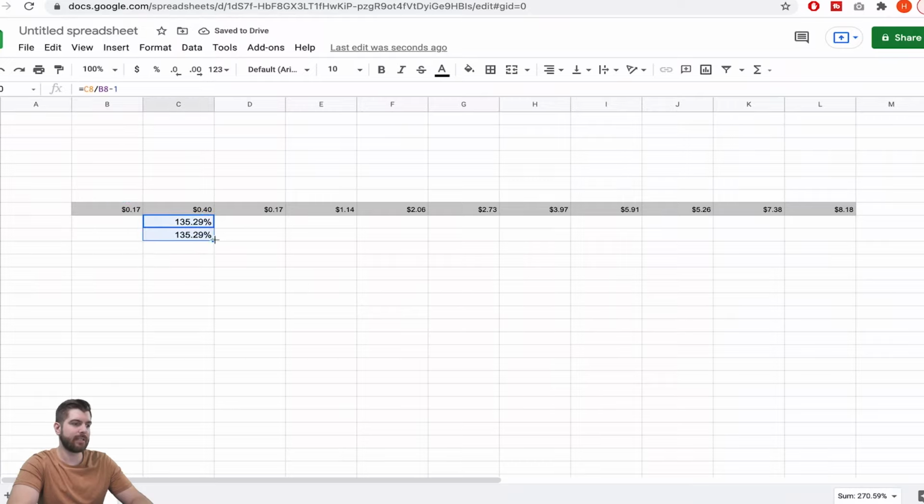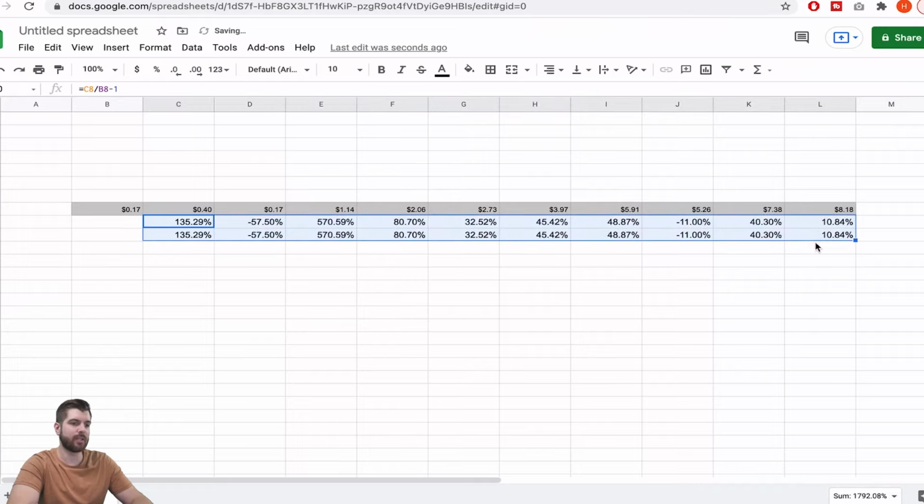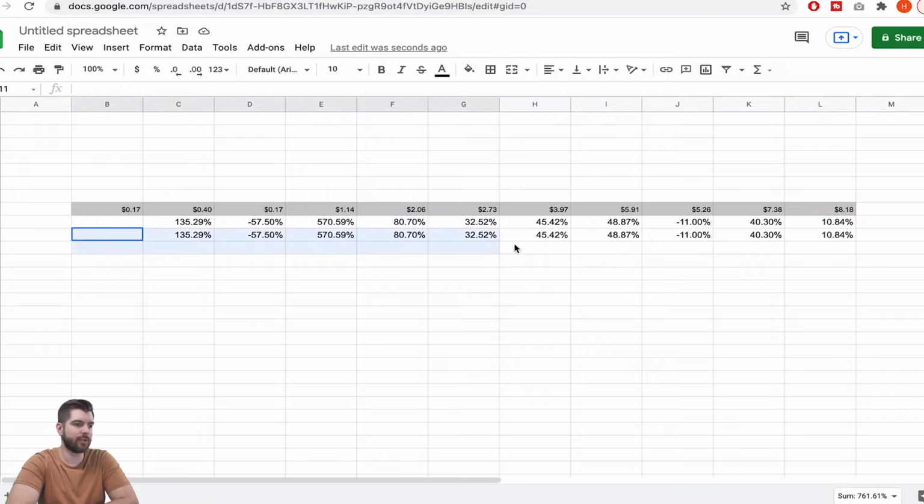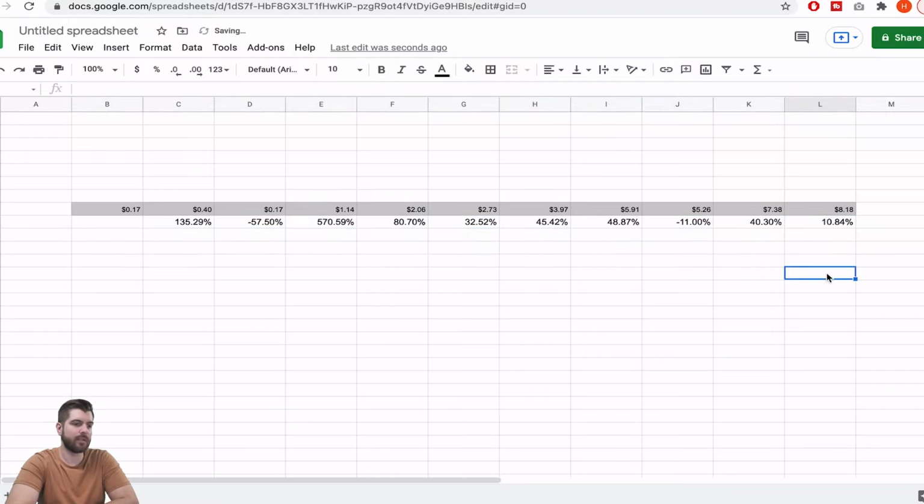And if we take this, doesn't matter which one, when we drag it across, we'll be finding the growth rate from each year to the next. So I'm just going to remove this line here, so we're just looking at one line, but either way is fine. Now, this is the mistake that you want to avoid. If you were to try to figure out what the 3-year average annual growth rate is, doing an